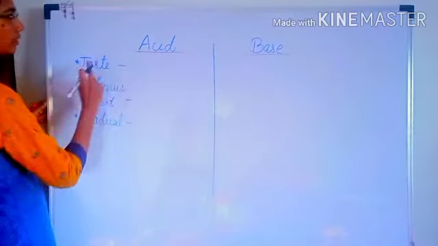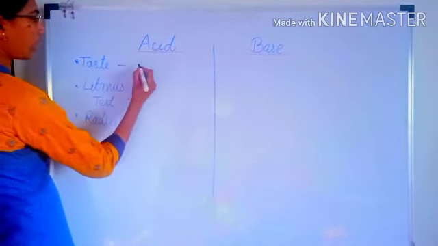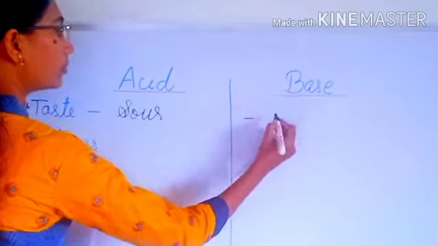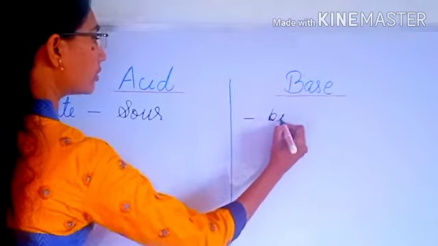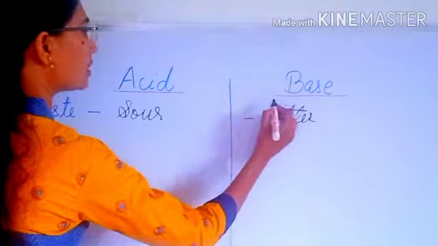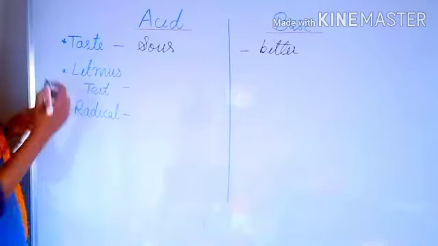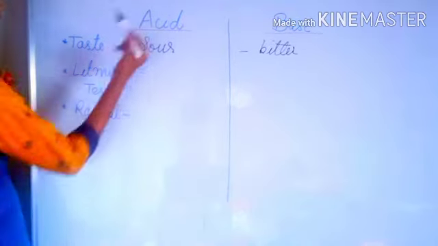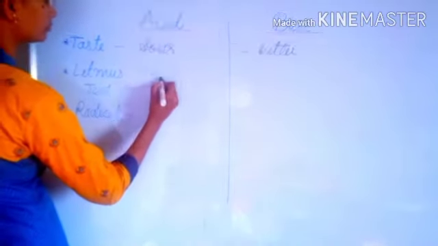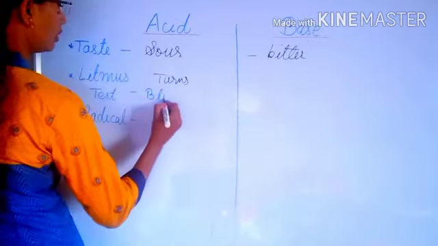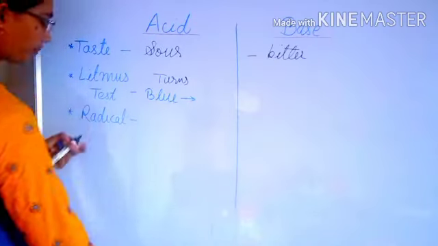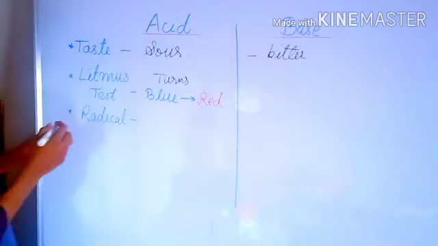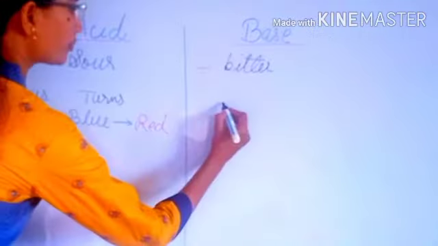As we know, the taste of acids is sour, whereas the taste of bases is bitter. Now the litmus test. How will we find out which chemical is acid and which is base? Acid turns blue litmus paper to red, whereas the bases